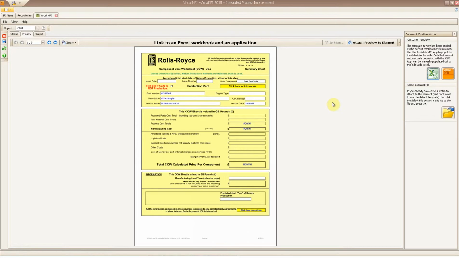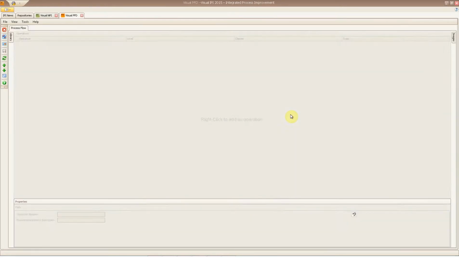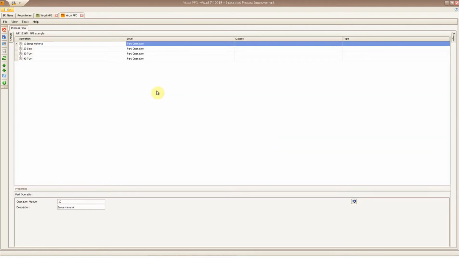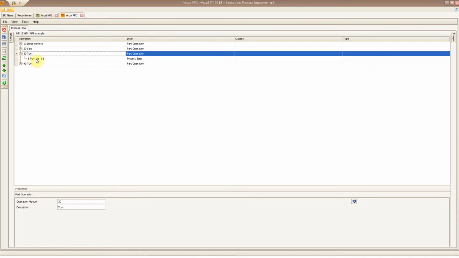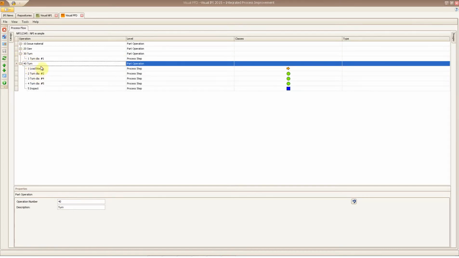Now, as well as making changes and flowing data, you can see the part number, etc., has flowed from the Visual Fair application, and some of this data has come from site configuration. But if I run the Process Flow app, so this is just giving you the concept that it could be any type of app, you can see I've actually created operations, and I've actually created process steps, and within this